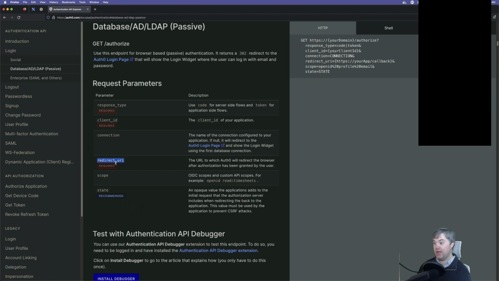What's next? Scope. Okay, so the OIDC scopes and custom API scopes, for example, OpenID, or yeah, custom scopes for that. So this is not required, but I think it's a good idea. Okay, so scope, we have these. It needs a %20, and if I remember correctly, that's literally just a space character. So it's not comma delimited. It's space delimited, and here it's been